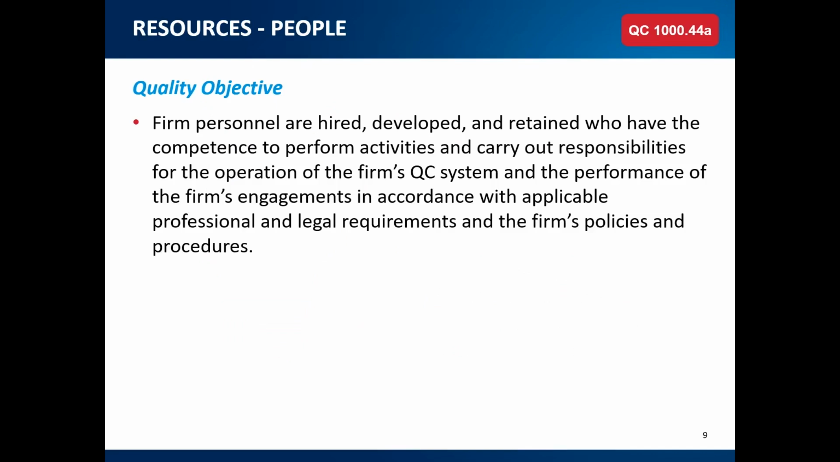Okay, now that we have covered the definitions of various types of people resources related to the firm, let's move on to discussing a set of quality objectives in the resources component. As a reminder, quality objectives are a defined term in Appendix A of QC 1000. They are defined as the desired outcomes in relation to the components of the firm's QC system to be achieved by the firm. The first quality objective in the resources component relates to firm personnel being hired, developed, and retained